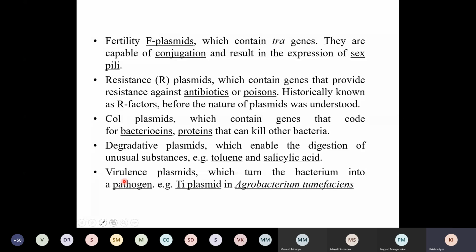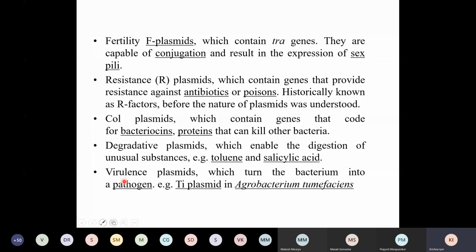So what this means is, if a bacteria does not contain a plasmid, it can still survive and do all its functions. That is not the issue. But if a plasmid is present, then the bacteria gets some additional properties which might give it a survival advantage. Now, to use a plasmid of this type, which is able to come into a bacterium,